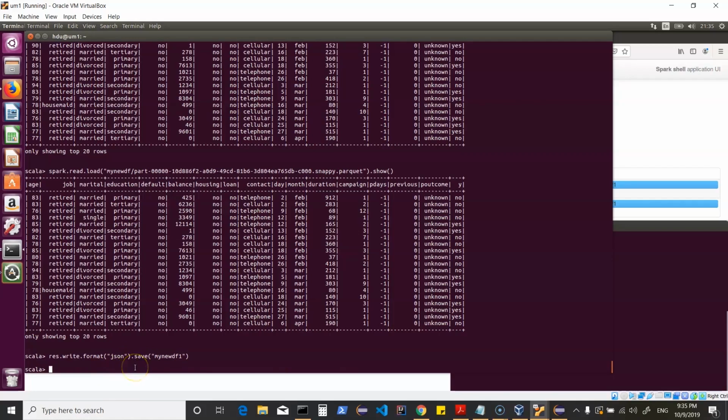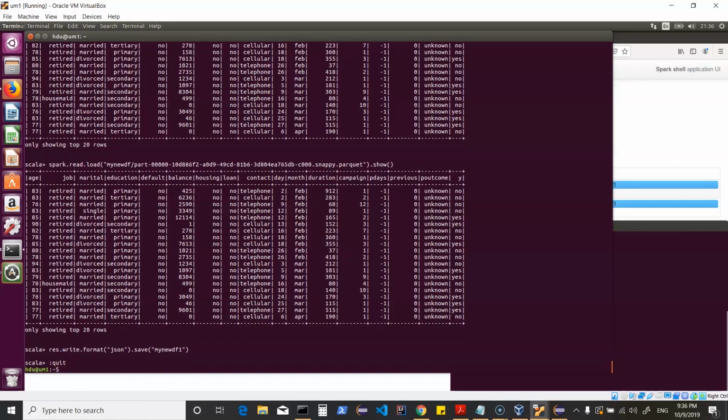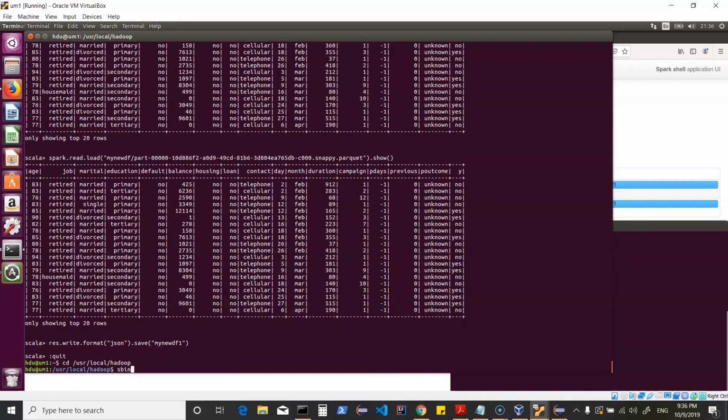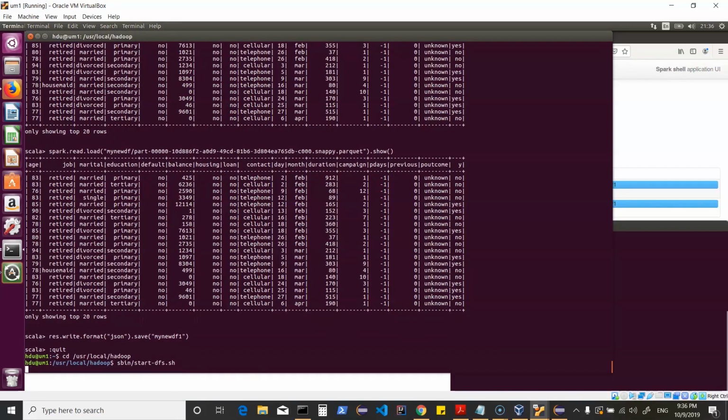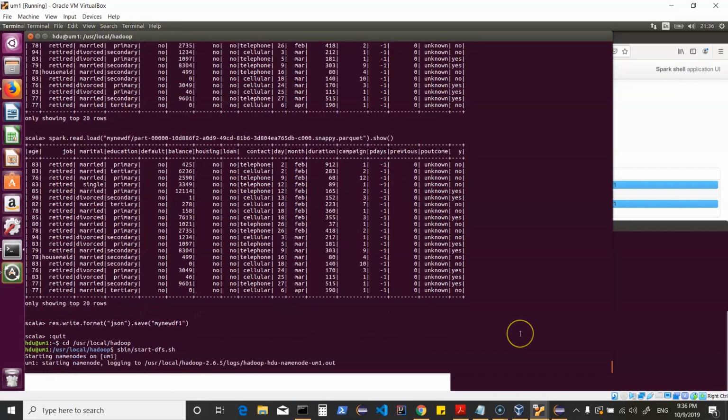So this is how we are interacting with a file on the local file system. I'm creating a data frame out of it, and then I'm doing some computations. Now, as I said, in this case I have a Spark standalone cluster, but if I would want, I can start up a Hadoop cluster. I can just say sbin start-dfs.sh. Now that will start my Hadoop related processes based on the setup I have.